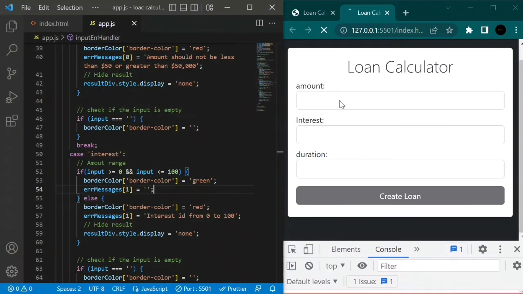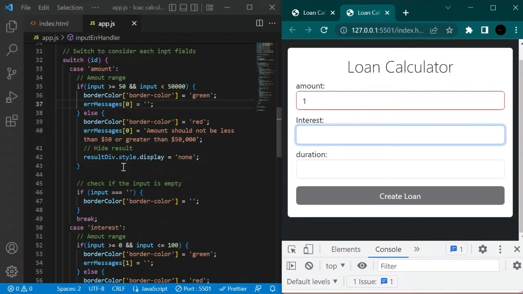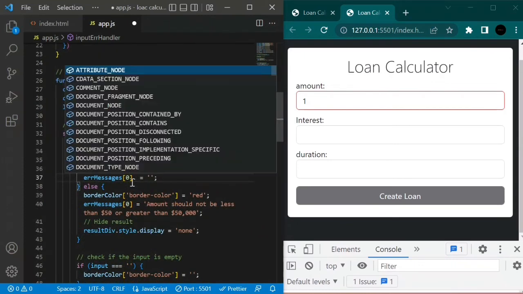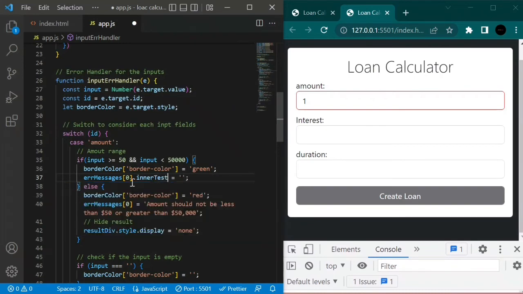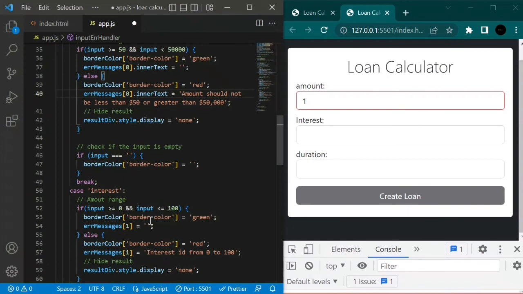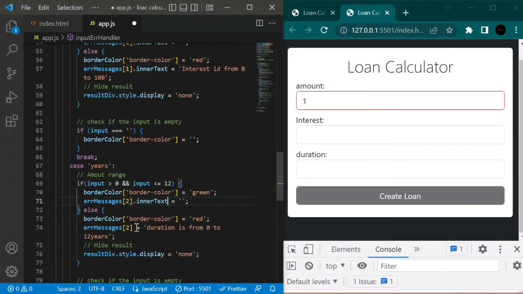So if I save and come back here and run the program, let's say we create an error and it's not appearing. What are we missing? Oh, I didn't add the inner text property. I'm just going to do that right away. I'm just going to say dot innerText, and copy that, paste that a bunch of times down here. Save,